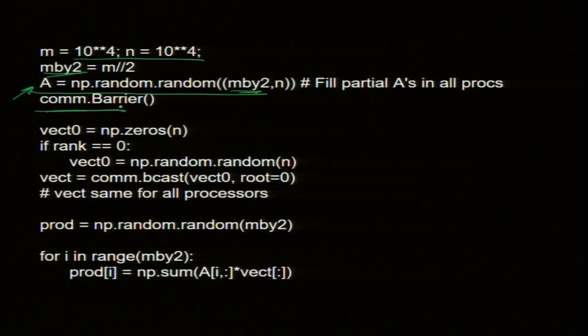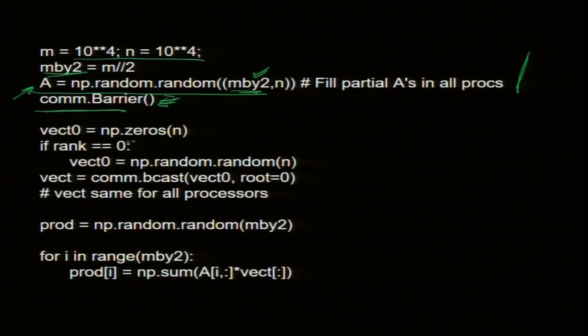And I put a barrier here. Why do I put a barrier here? These are big operations. No, I mean these are initialization, and before I initialize and start doing something else, there can be a problem. So, let us put a barrier, so that both these processes have finished their work when it reaches here. So, all these three lines should have been executed by both the processors.